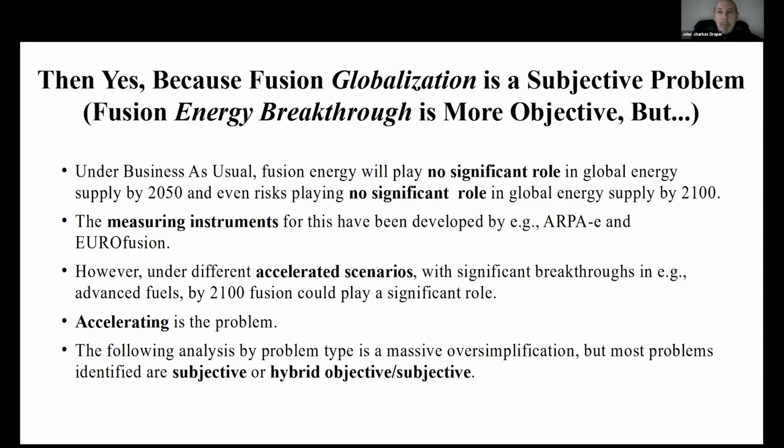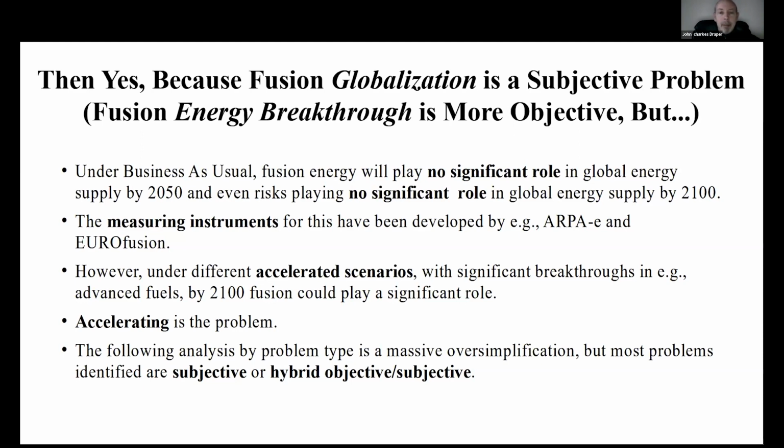There have been measuring instruments that could help us understand how to accelerate fusion, and these have been developed already by ARPA-E and Eurofusion, who've created various models of how accelerated advanced fusion could be developed, so that by 2100 fusion could play a significant role. The acceleration then is a subjective problem, and it's a massive oversimplification to say that,